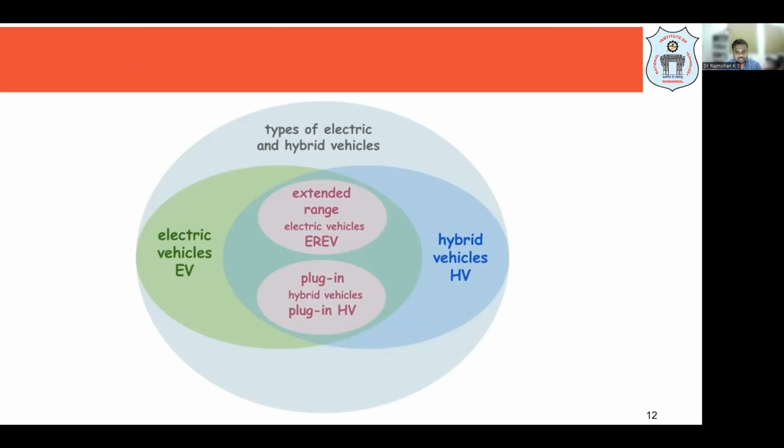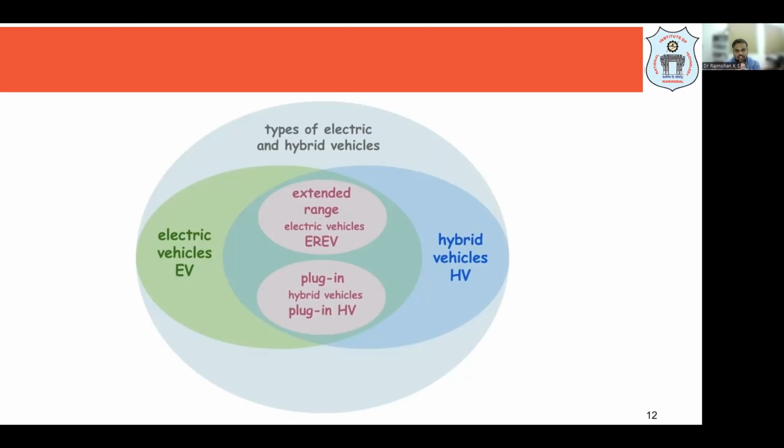What does it mean? A purely electric vehicle means it is not a dual setup. A hybrid vehicle refers to one which has both setups. It can run on petrol and it can also run on battery. So when the battery is empty, what do we do? We put 1 liter of petrol into it and we can still run the car. A hybrid car will run on batteries most of the time.